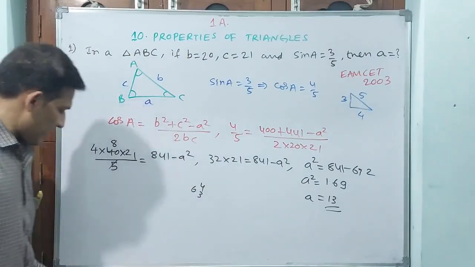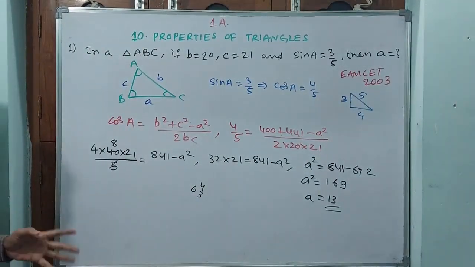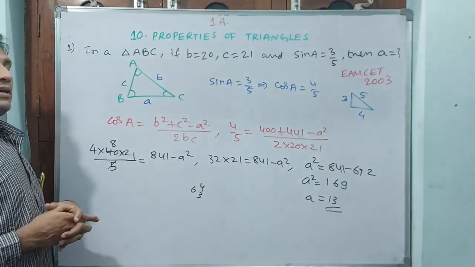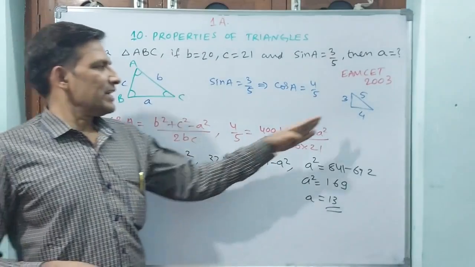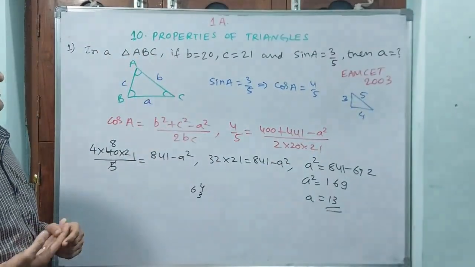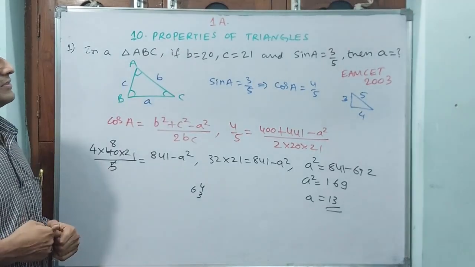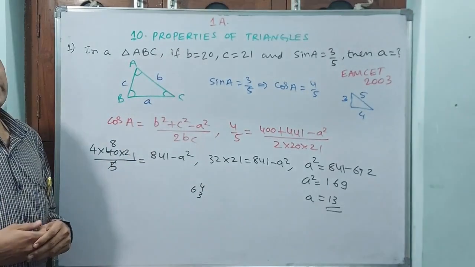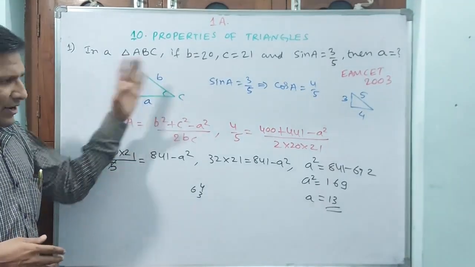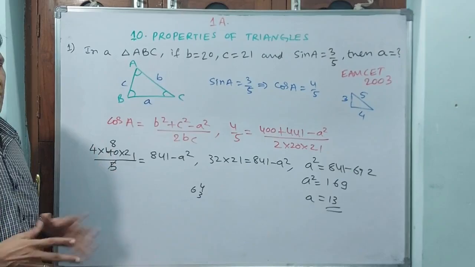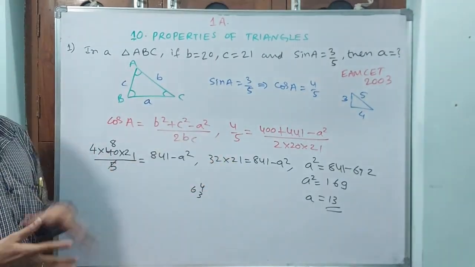Actually plus or minus will come, but in the answer only plus 13 is there. That is why you can put 13. Whether plus or minus is there or not, you see carefully. That depends on how we are taking this. If tan comes like that, and quadrant also they mention, and angle also they mention. If they don't mention, then you have to take both. Why? Because we don't know. But according to the answer, the answer is 13. Plus or minus 13 is not there, minus 13 is not there. Then directly you put plus 13.